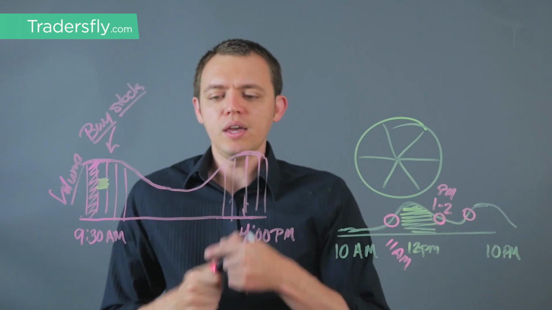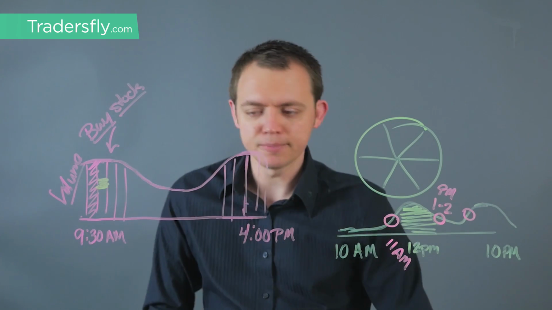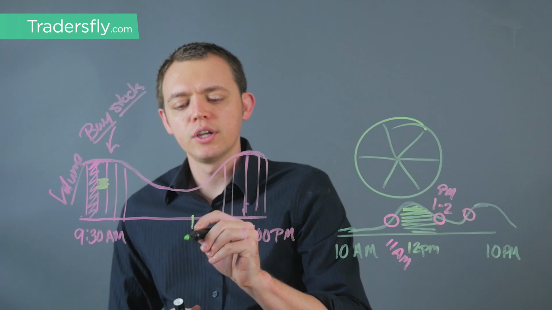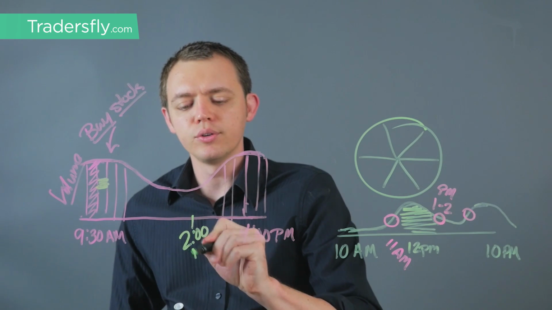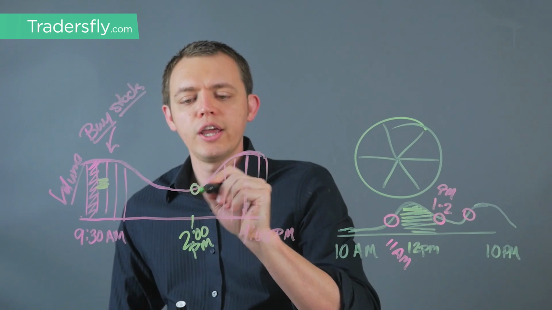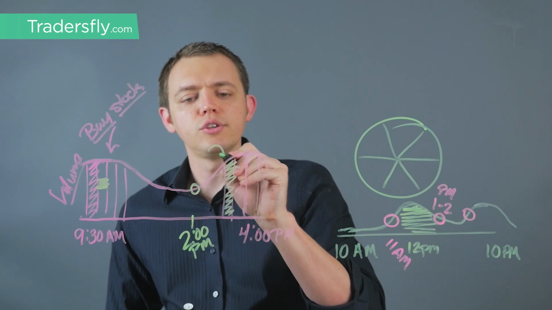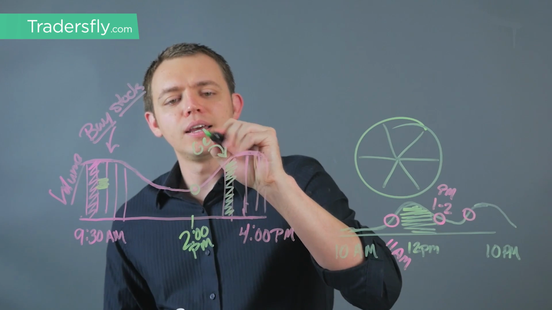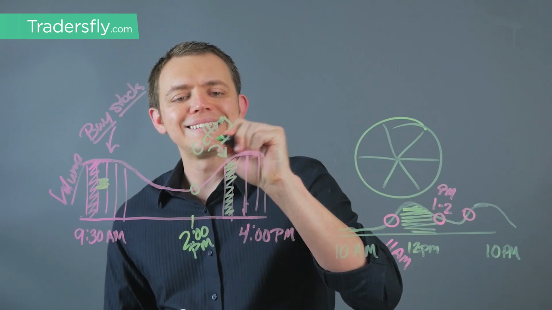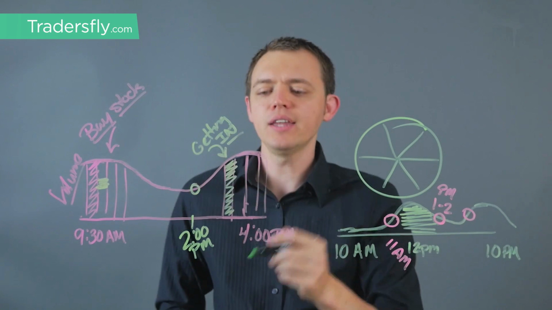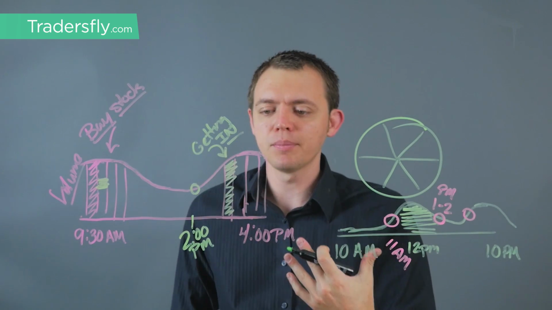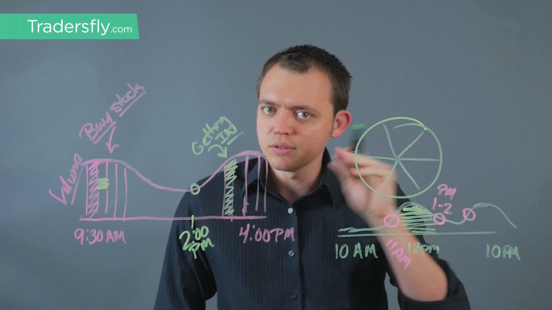And the same thing if you're, let's say you're trading right here. You're trading around 2 o'clock in the afternoon. And you start trading, and then you see this volume picking up, okay? And you say, oh, people are getting in on this stock. And you say, okay, they're getting in. Maybe I should get in, volume's picking up. But this is a psychological fallacy, right?